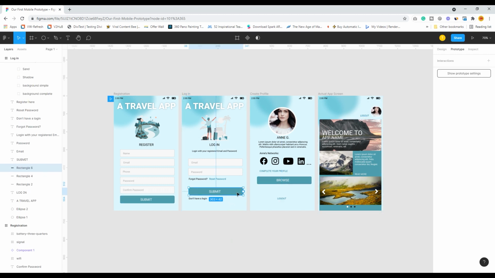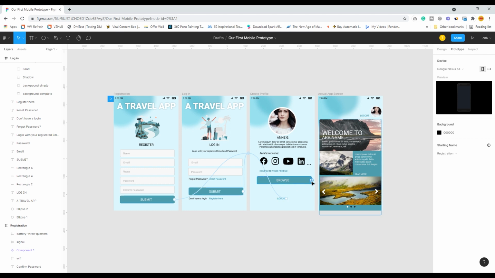Also, if I log in, I can also go to this particular screen, which is your create profile. Basically it is your profile where you can also add and complete your profile. I am not adding anything over here. I will show you one after another.